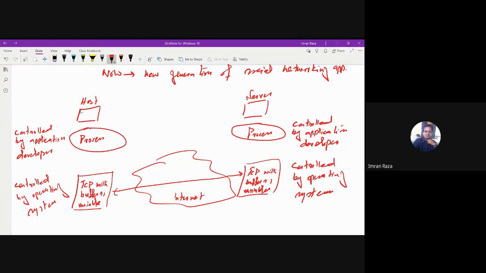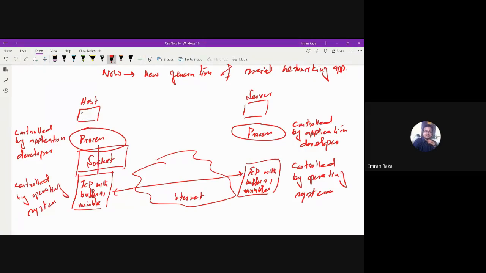Since this process sends and receives messages into and from the network through something, right? So here, in between these, we have a socket. Okay.